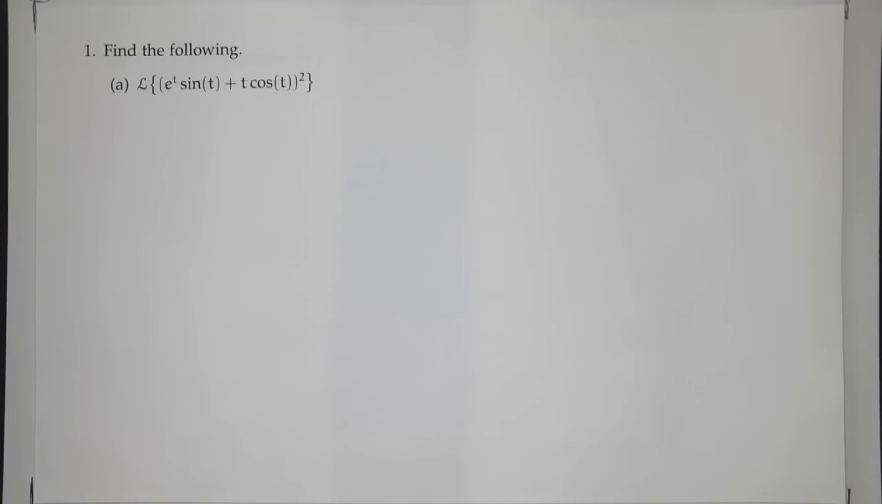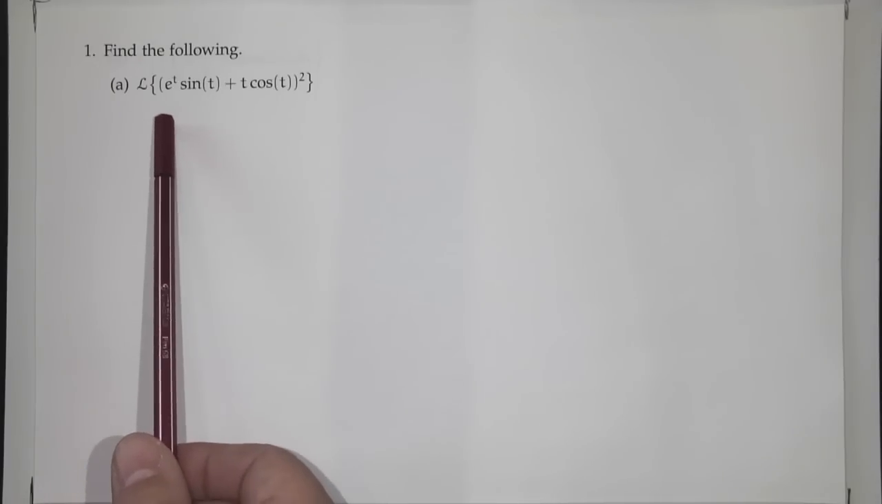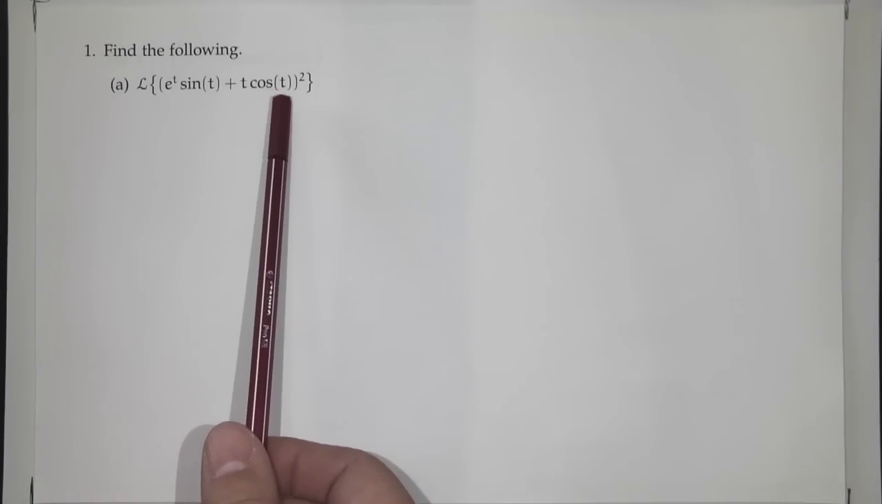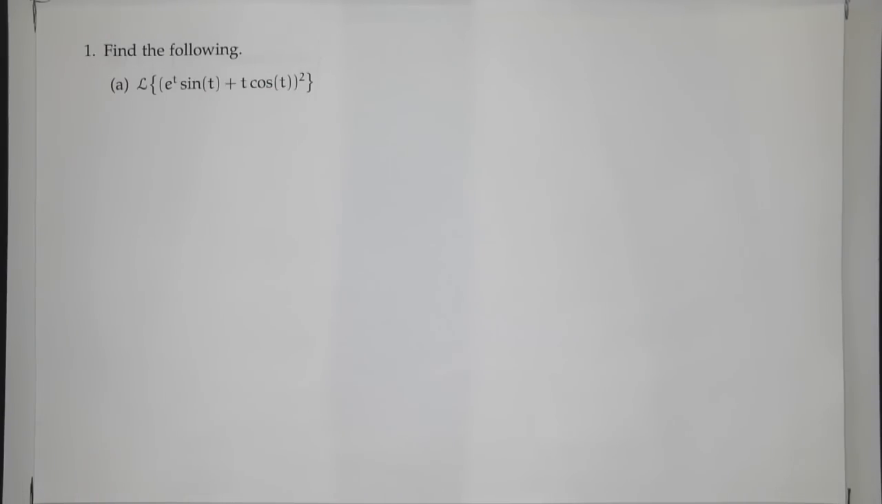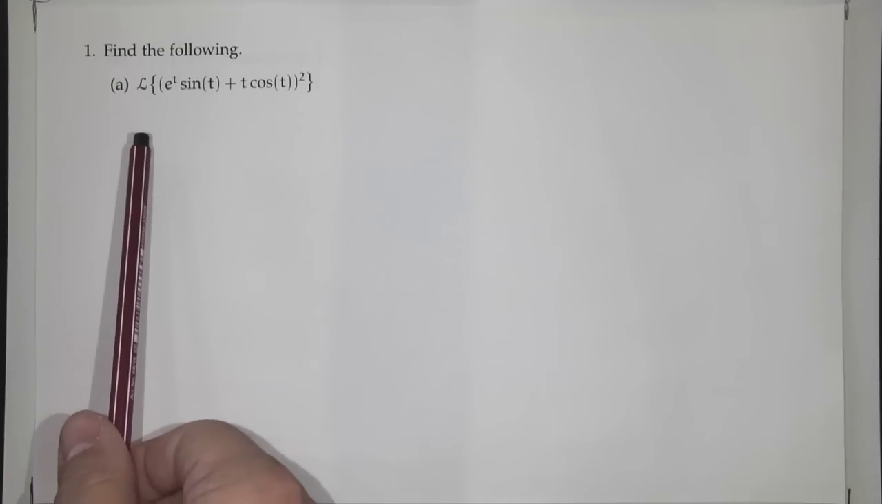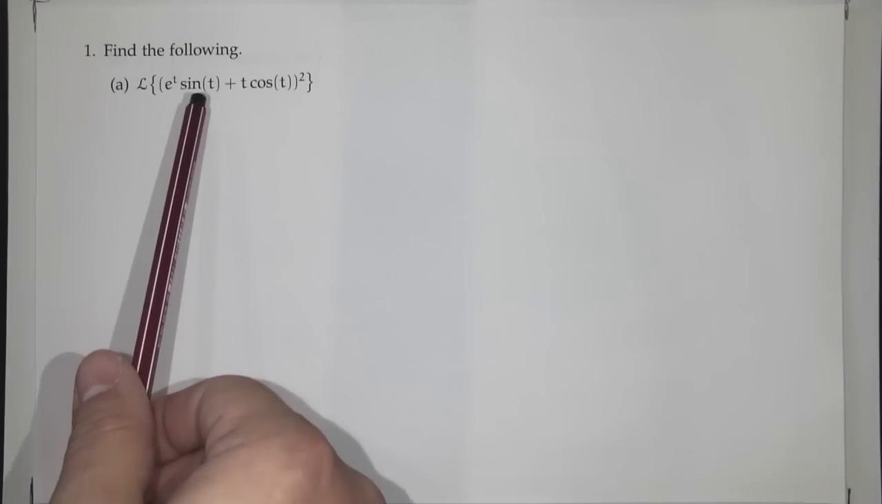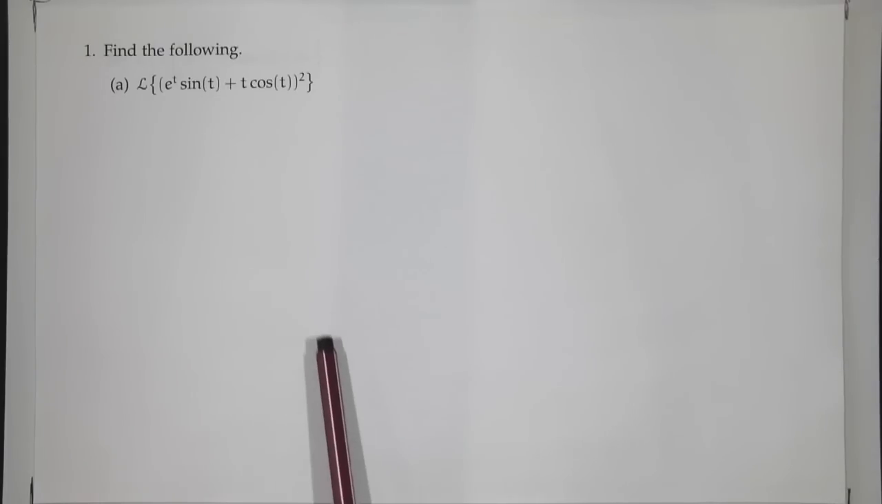So part A, the Laplace transform of (e^t sin t + t cos t) squared. Okay, well, what do we do? Now you might say, well, maybe I can go look up in my table, and there's pieces there that are right. We got the e^t, the sin t, the t, no problem. But the square, how do we do that? Well,